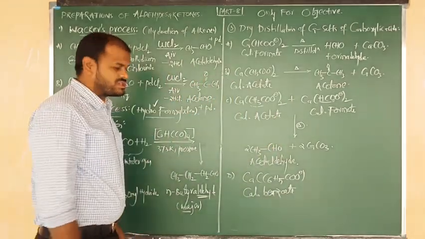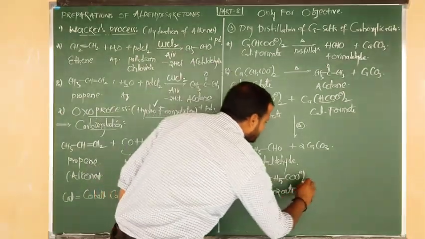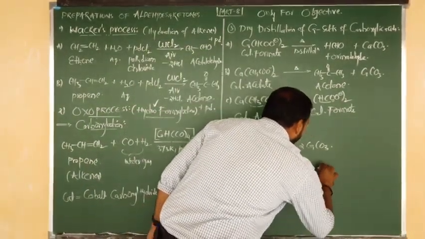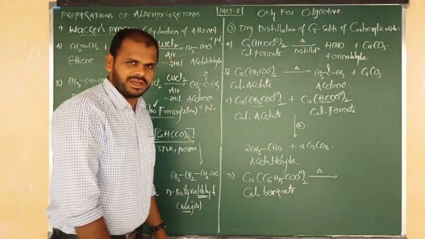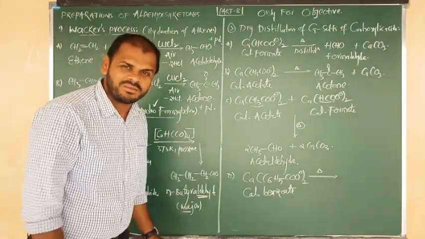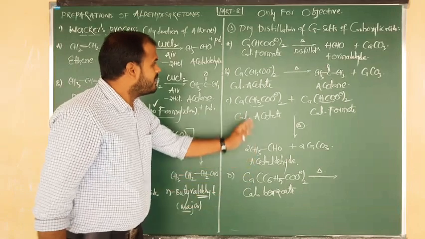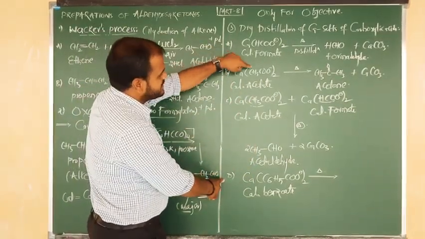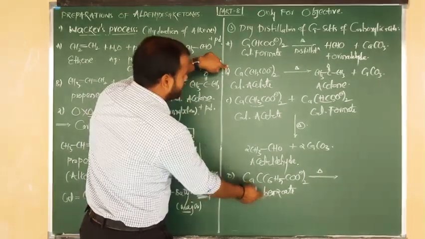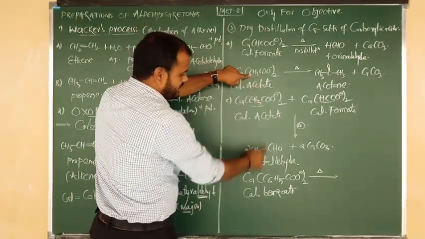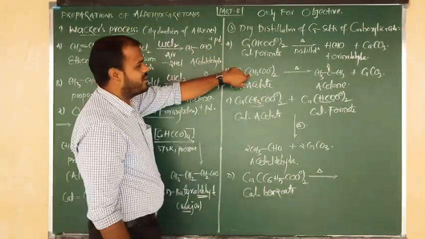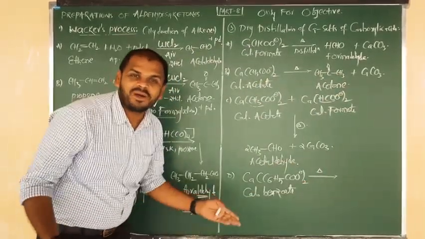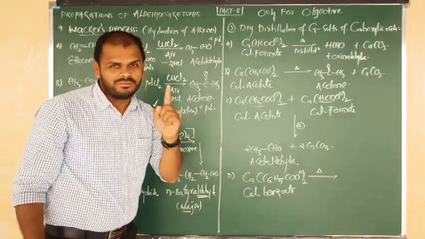Calcium benzoate. Again Ca carries plus 2, here also taken twice, beta. So simply upon heating, it also undergoes dry distillation and the product is formed. B reaction and D reaction are both the same. Calcium acetate and this is calcium benzoate. Here in place of CH3 we have written C6H5. So here also in place of CH3, what should we write? Write two benzene, beta. You are going to get benzophenone.